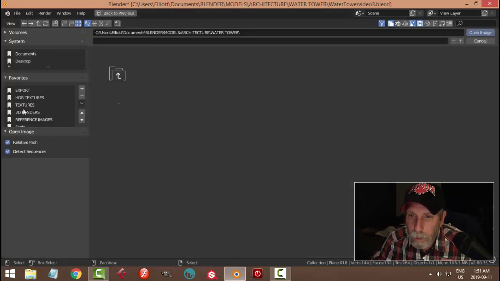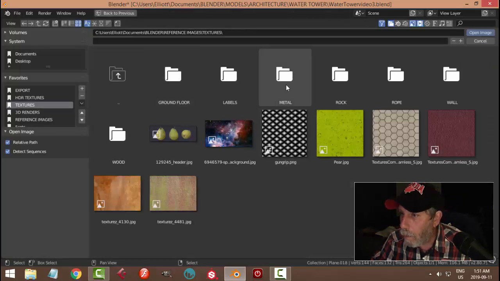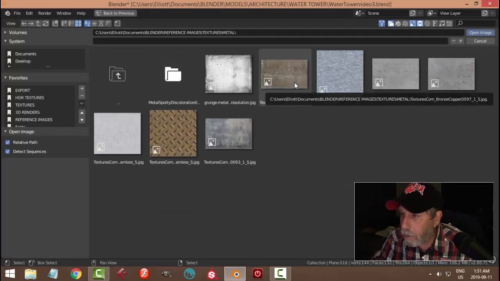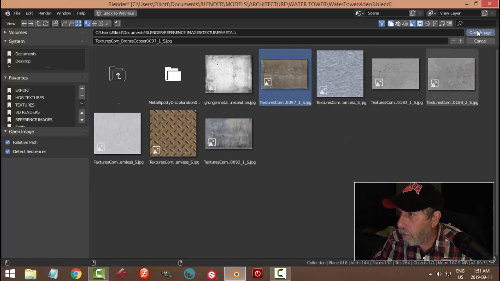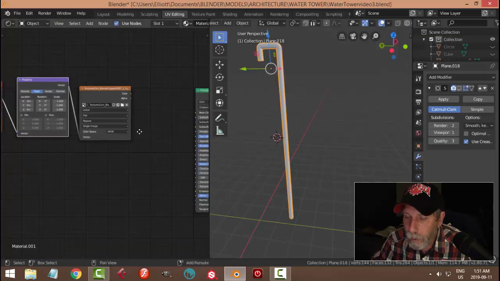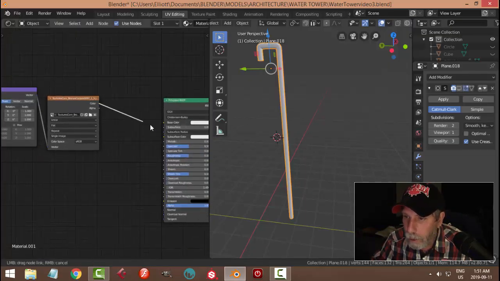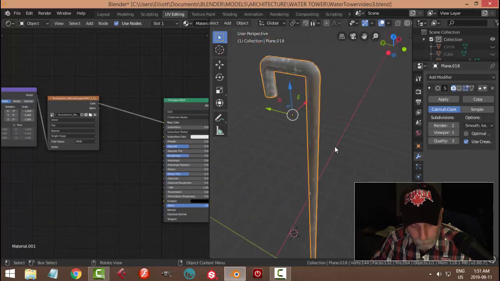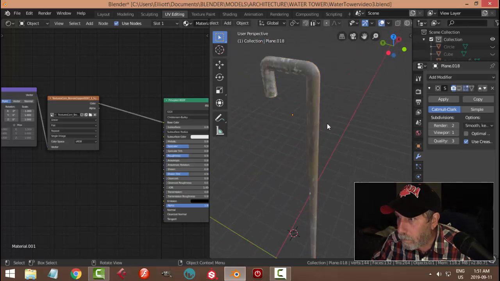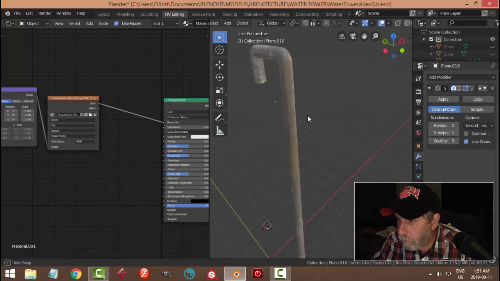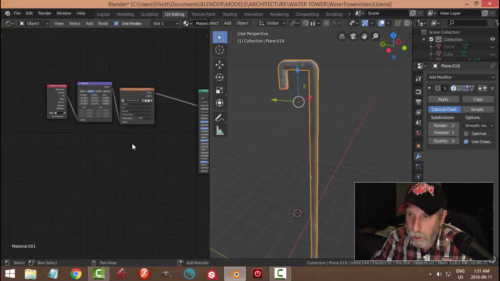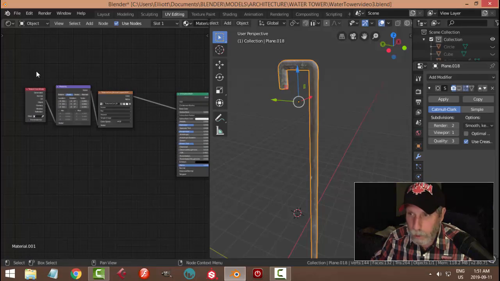And let's open a metal texture. I like this one. Okay, just from textures.com. And let's just try connecting it right up. And I like that. Okay. Let's then try,